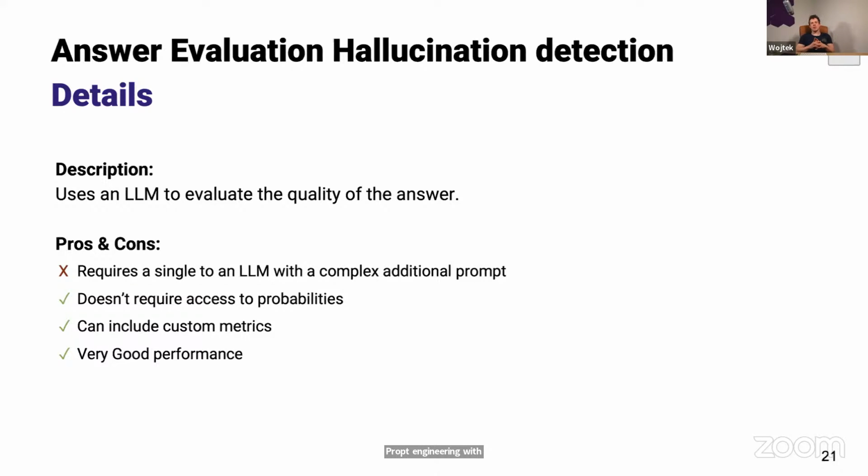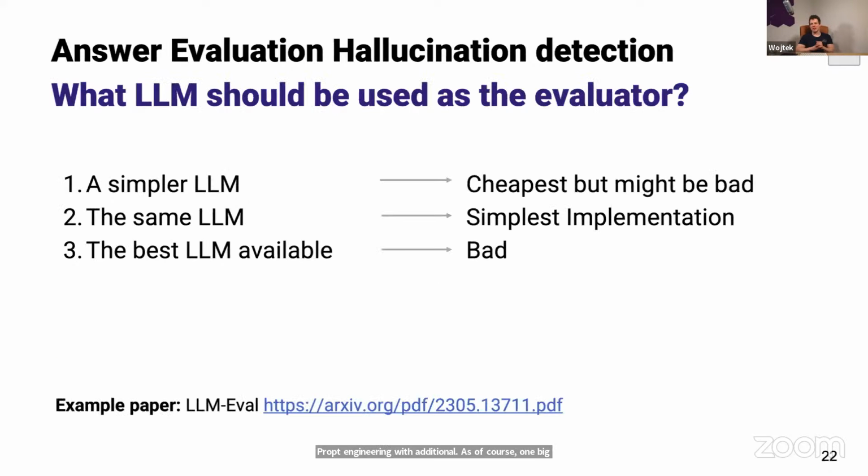There's of course one big question, which is what LLM do we actually use to evaluate the LLM's answer? And here we basically have three options. We can either use a simpler LLM than the one we're using. Let's say we're using a 70 billion parameter model. We can go to a smaller model of the same family, or even a completely different smaller model that's going to be cheaper. But of course, we then need to double or triple check that this simpler LLM is actually able to accurately evaluate the hallucinations of a more complex model, which in principle is possible, but it's not always